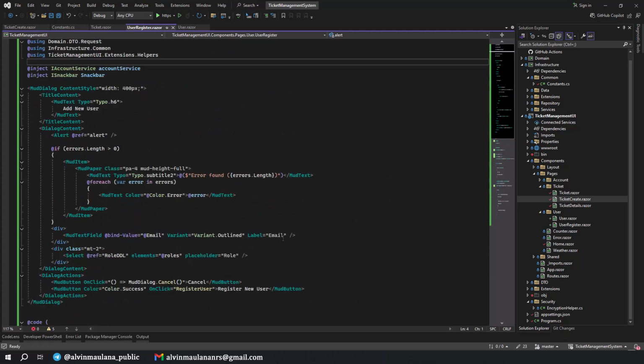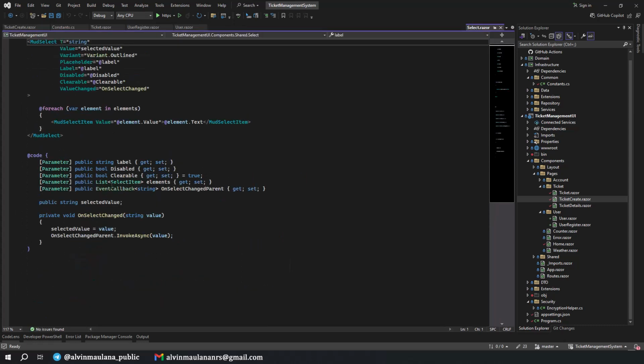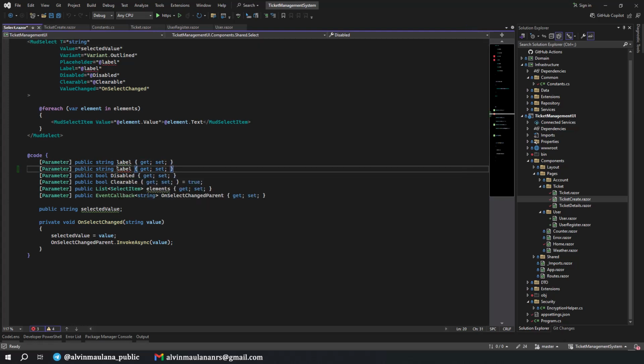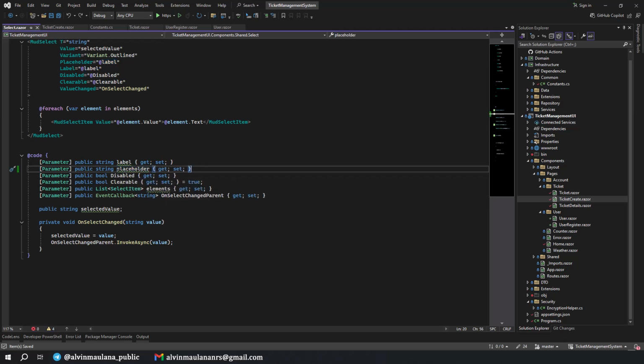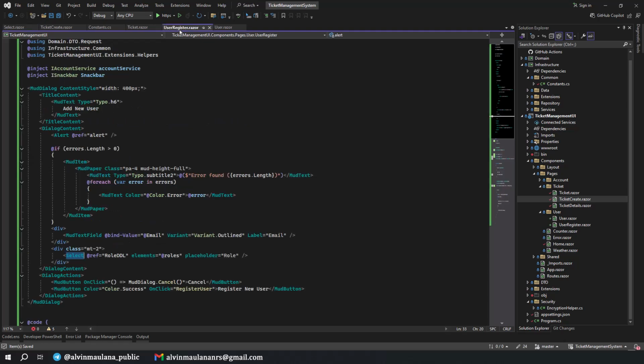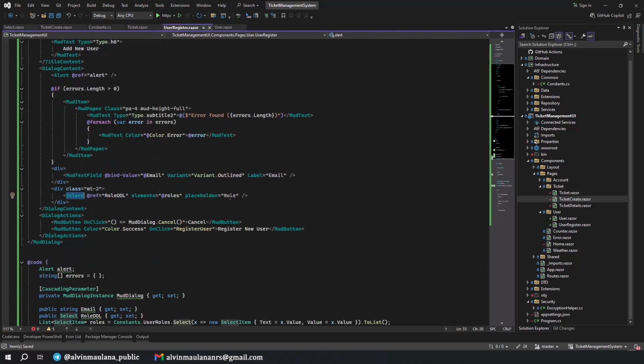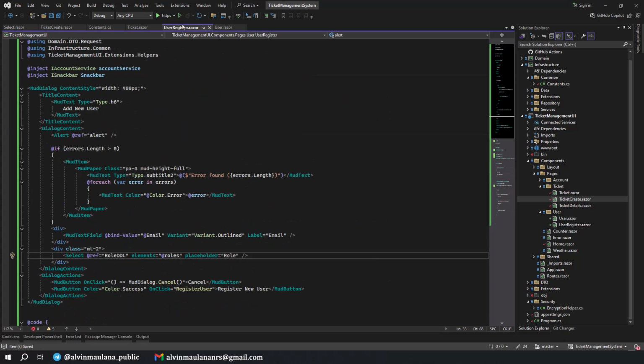Okay, all the functions are complete. Then if you see in here there is a placeholder, but I'm not sure we already have it. Yes, correct, we don't have it. So we will add a new parameter as a placeholder. New placeholder, and this one should come from placeholder instead of label. So by that we are able to use this one, placeholder role. And let's start it.